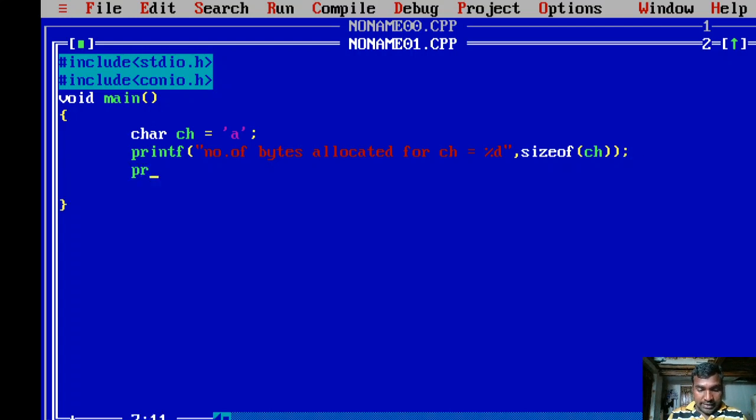Then printf ch is equals to %c, ch, right? So Alt F9, Ctrl F9, Alt F5.